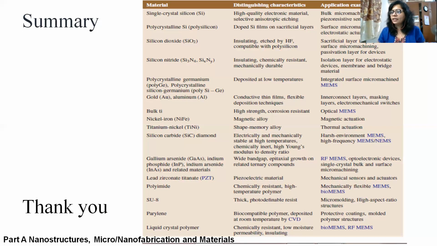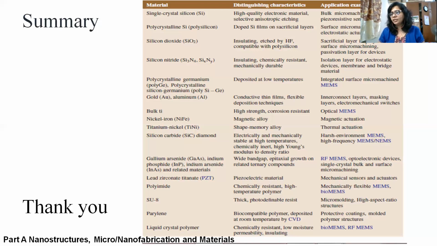Titanium nickel is a shape memory alloy, with application in thermal actuation. Then silicon carbide and diamond, they are electrically and mechanically stable at high temperature, chemically inert, having high Young's modulus. Gallium arsenide, indium phosphide, indium arsenide, and related materials are wide bandgap, epitaxially grown on related